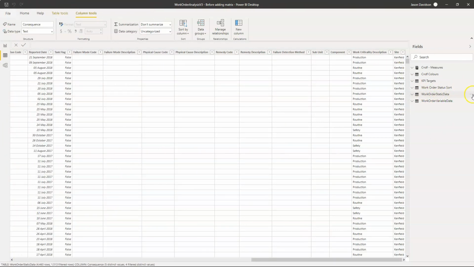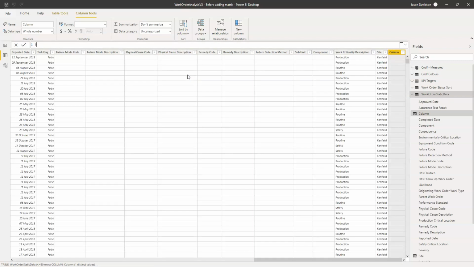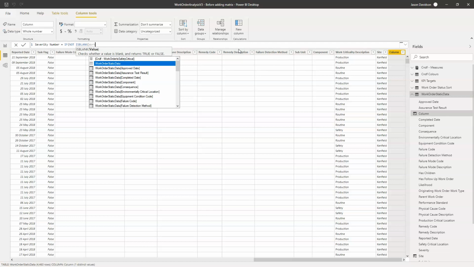So we're going to add a calculated column here, new column, and we're going to call this one severity number. We'll make sure that the calculated column is added into this work order static data. Severity number is going to be equal to IF NOT ISBLANK. It's a little bit of a head twister. Essentially it's saying, if the field work order static data severity